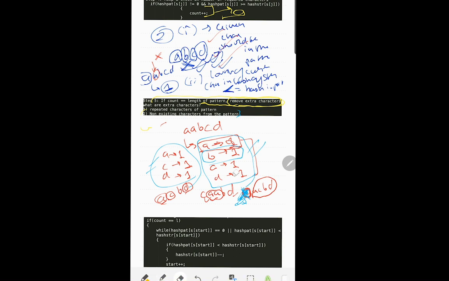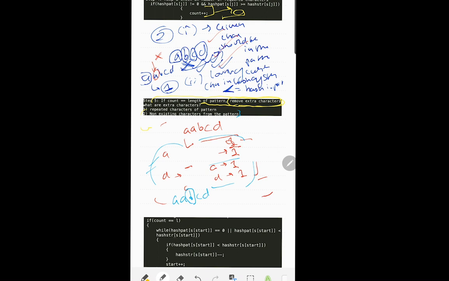So again, considering a similar type of example, for A, B, C, D, it becomes necessary to consider B. But in a case where the string is B, A, C, D, do I need B? No, I do not need B. So I will remove this character from my hash and then move ahead. Is A also needed? No, now this falls under the first criteria, a repeated character. So I remove this also and I get my desired result. So these are the two types of extra characters that we need to remove.